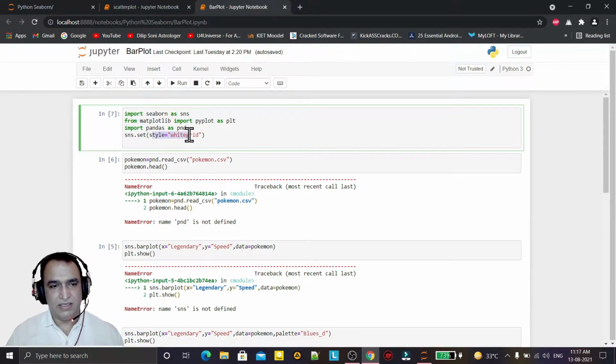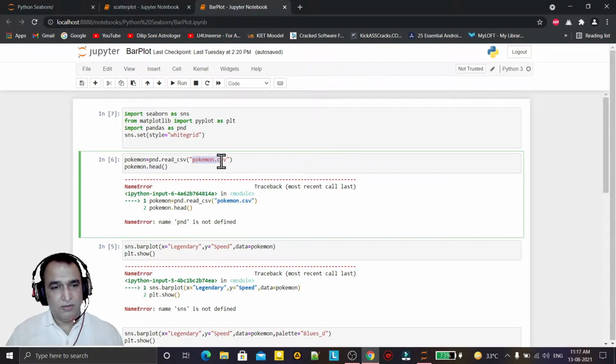Many styles are there, you can search for more styles, but here I am giving you an introduction so that you can use one style on which you want to display your bar. Now by this line we are saying that we are using the pandas library, and in this pandas library we are using the file